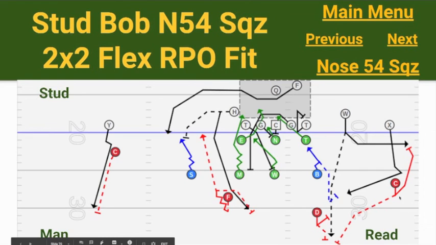If we do get a seam call, the corner can melt with that seam call and play the outside corridor and protect against the post corner route out of number 2 as the Bob linebacker matches that slant underneath. And just being in that position a lot of times will prevent the quarterback from even making the throw on that slant. And then if the quarterback would happen to put his foot in the ground, see that everything is bottled up to the play side because we're squeezing and spilling and fitting,